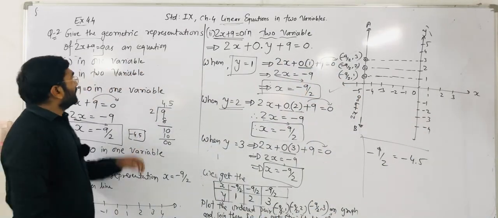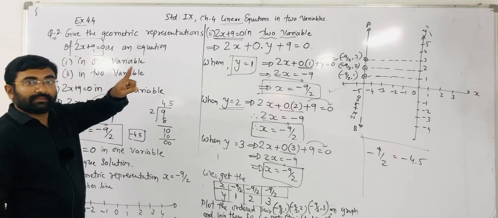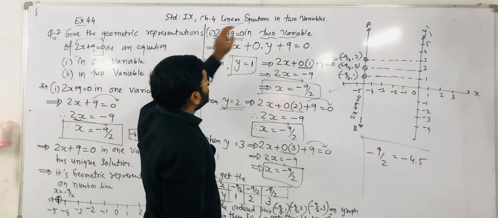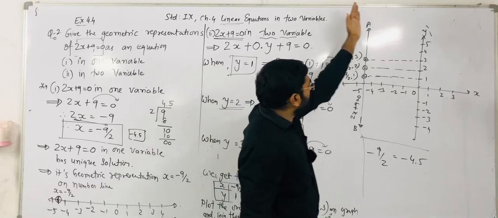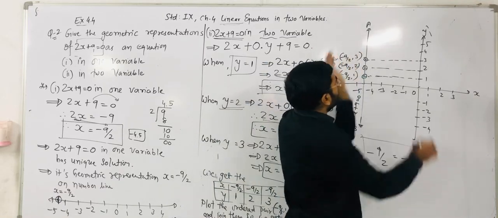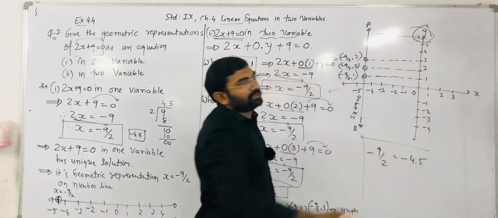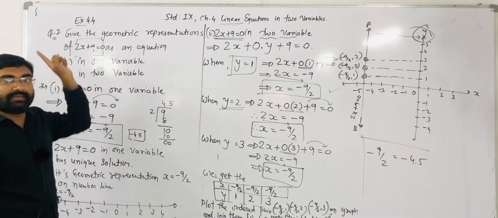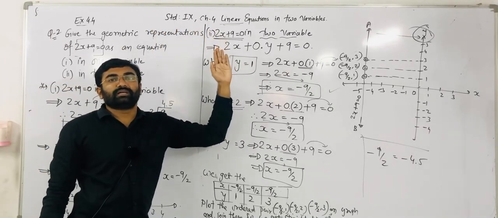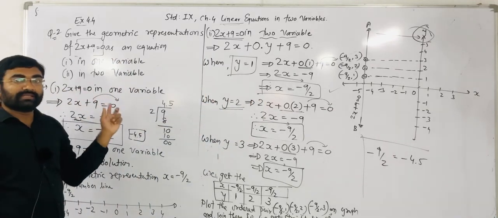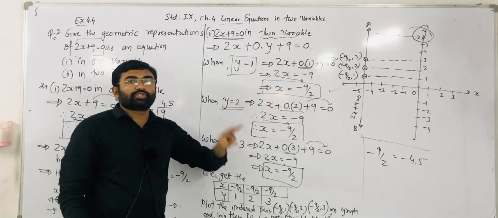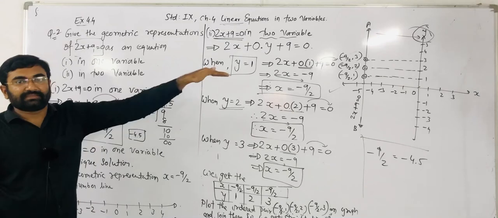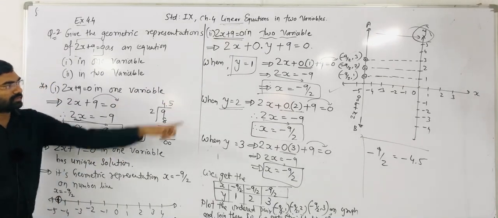Observe that here the given equation has only one variable, x. But we plot that equation on two variables. So the straight line we get is parallel to which axis? Parallel to the y axis. Given an equation in one variable which is x, we get a graph which is parallel to the y axis. In our previous question, y is equal to 3 was given. Given an equation in one variable, y is equal to 3, we get a graph which is parallel to the x axis. That is what you have to conclude.